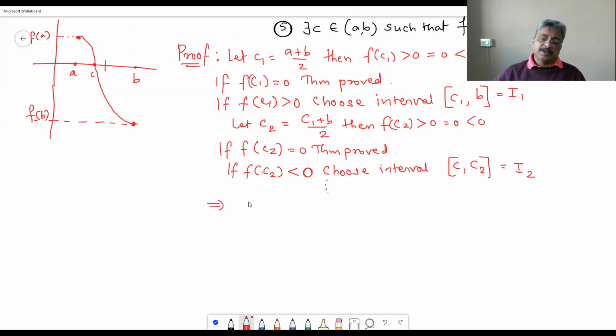This implies I, I1, I2, and so on. Okay. Therefore, by Cantor intersection theorem,